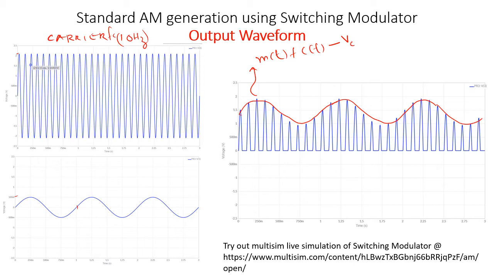So this is a waveform, but you can see it's not exactly the waveform of a standard AM. What we wanted is that it should have positive and negative frequencies, and there are certain zeros, right? By seeing this, we won't be able to tell what the amplitude sensitivity is, or what frequency components are present in this. Maybe to do that, we should try and represent it mathematically. That's what we'll be doing in the next slide, right?